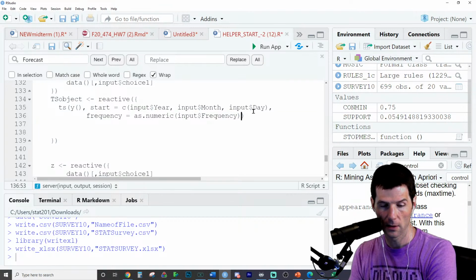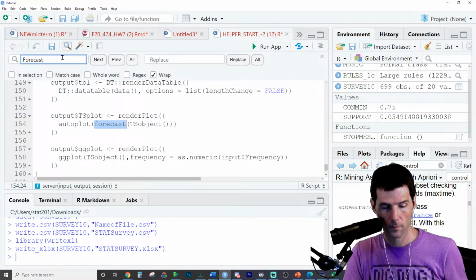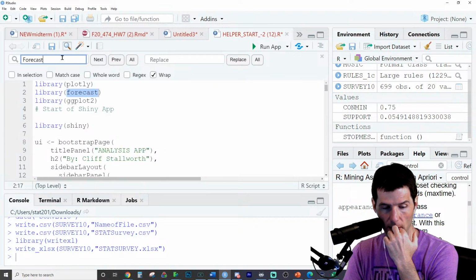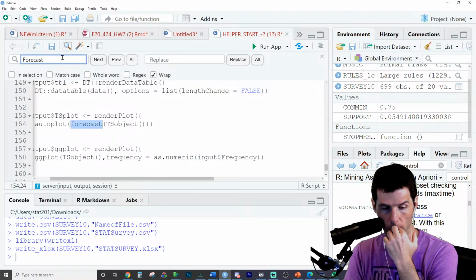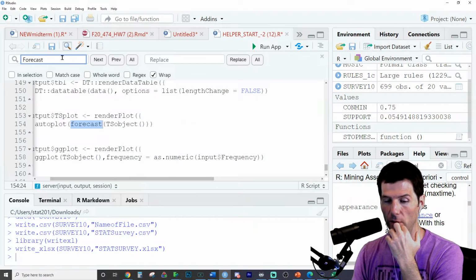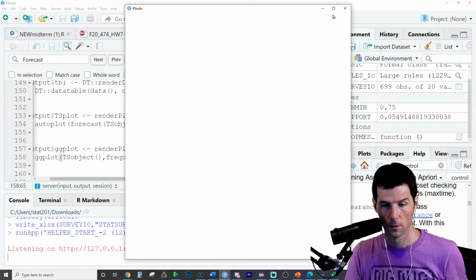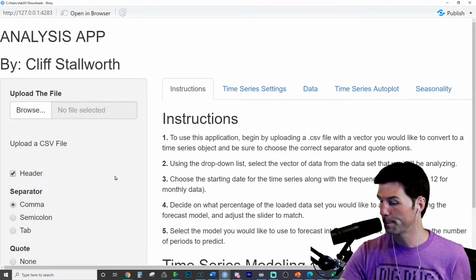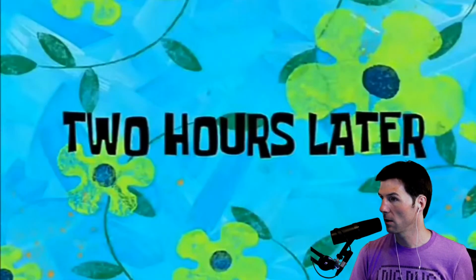And let's see, is that still closing properly? That's still closing. Okay. There's an autoplot of the forecast of the time series object. Okay, and that's the forecast function. Let me take a look to see if everything's running.